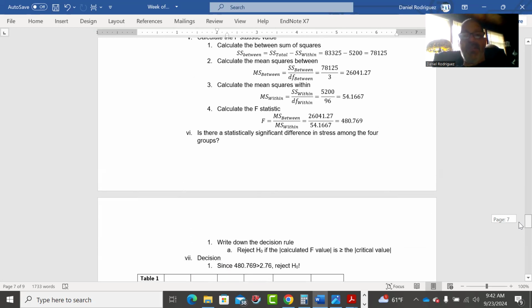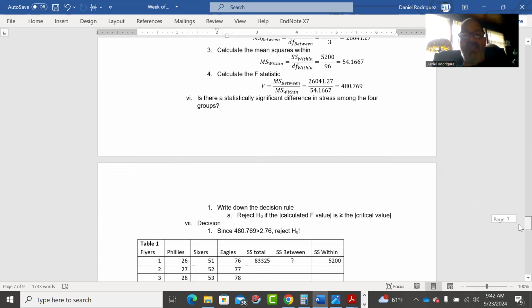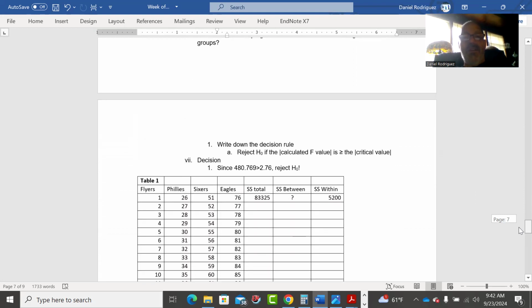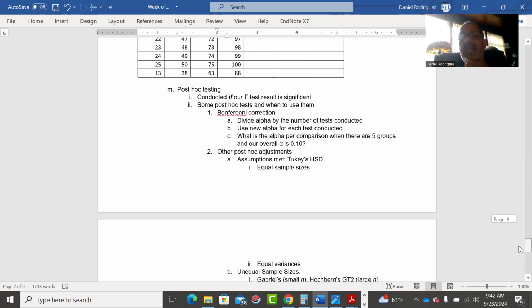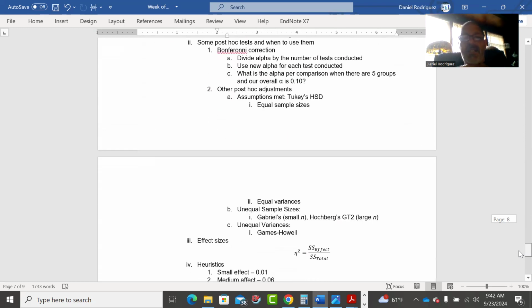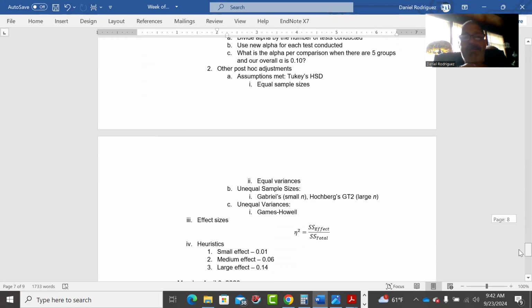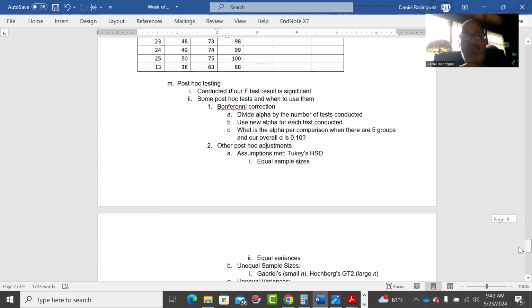All right, so we know that there's a difference, we just don't know where that difference is, right? But we can reject the null. So in doing a real analysis, we start saying, okay, where is this difference? But because of what we know about family-wise error rate, in order to adjust for that, we will use